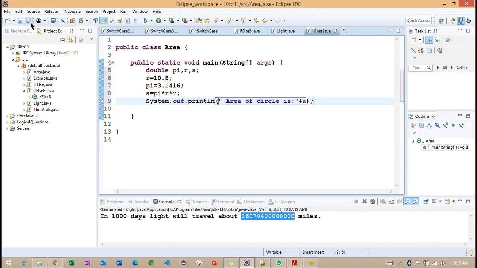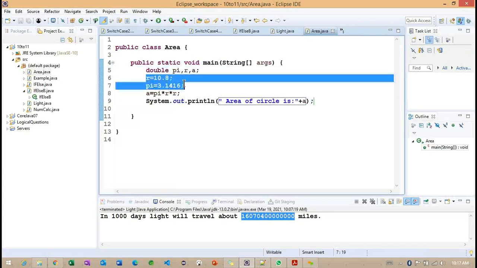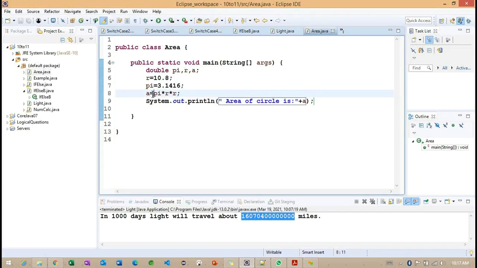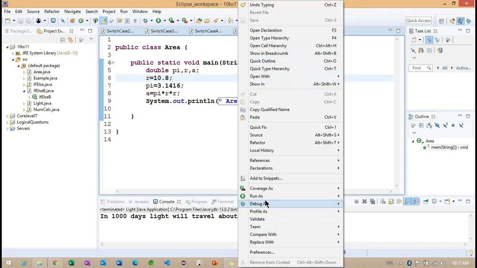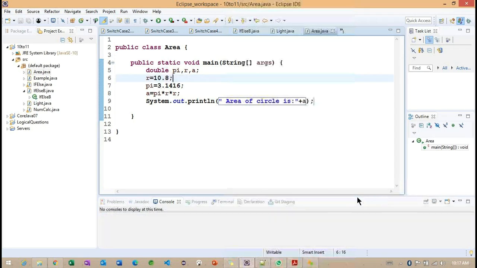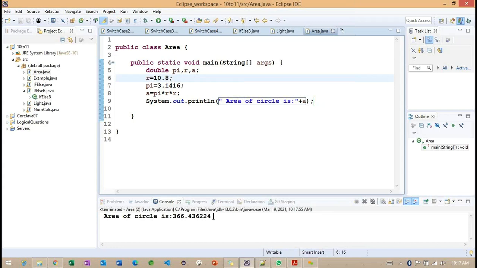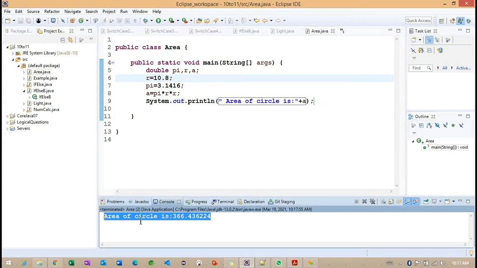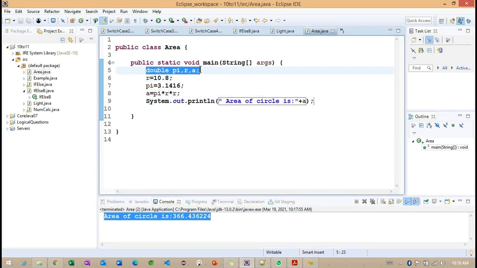Getting the point? Observe carefully. What we are doing here, we are trying to check with a double data type. We are having 3 variables, and we initialize the values of the variables here, and we are trying to find out the area of this particular circle using this particular logic here. So pi into r into r. Getting the point? So we'll try to execute the same example here. Now we are having some output here. So this is the area of the particular circle here. Getting the point? So this is the way we can work with the particular double data type.